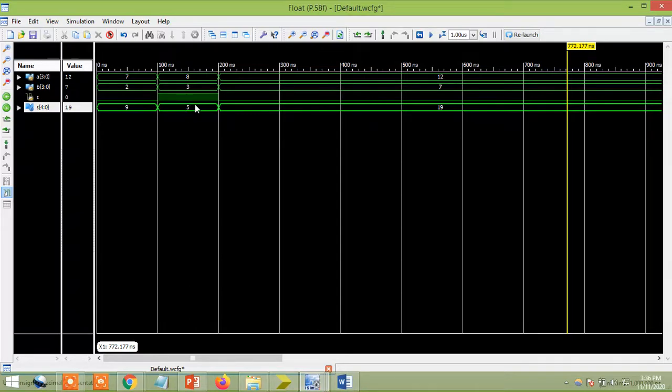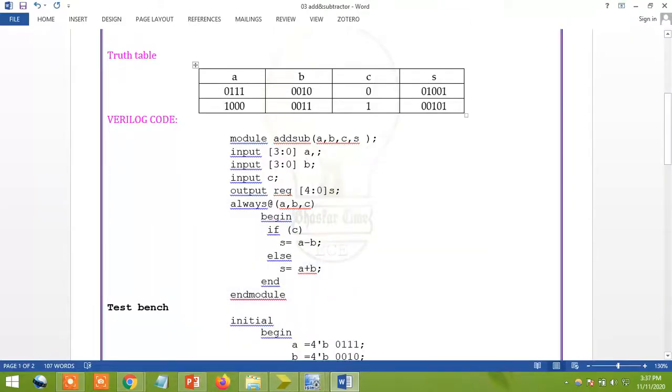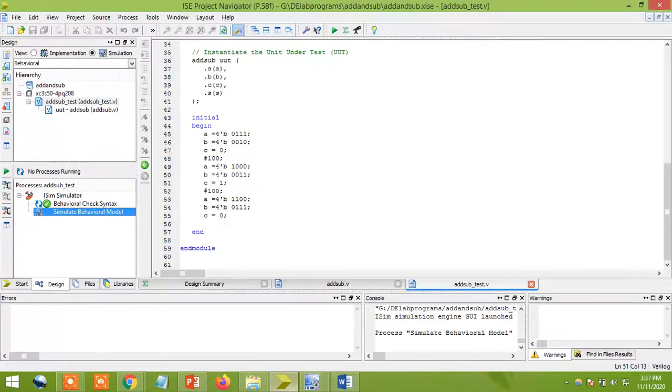Sir, if it is okay, then if the value is lower minus higher, how does it appear? That is a very important thing, right? Let's see on that condition how it comes. Okay, so let's go to the program. Here I'll make lower minus higher. I'll take 0011, means 3. Next, 3 minus 7, I'll do that.